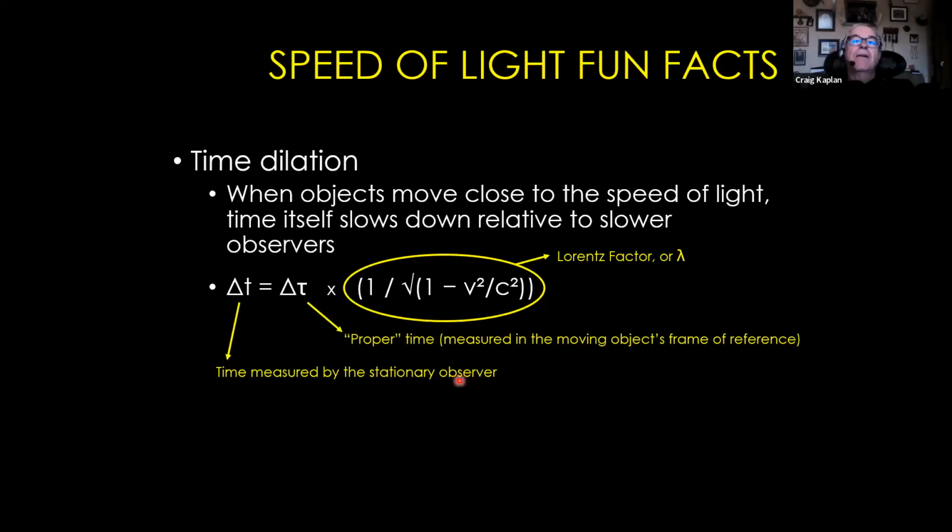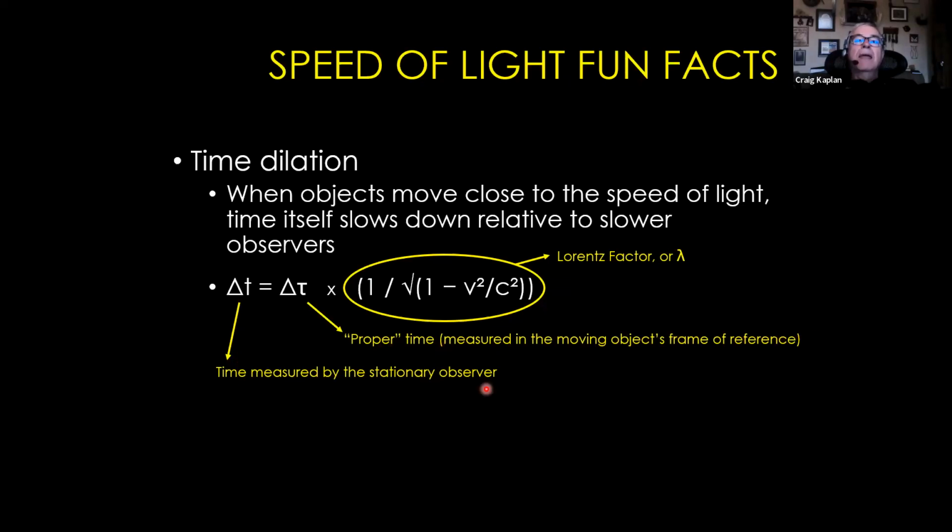Time dilation, I think, is one of the most fun speed of light facts. Although I broke my mind several times trying to understand this equation this week. And I've mentioned this earlier: when objects move close to the speed of light, time itself slows down relative to slower or non-moving observers. The equation that describes this is: time measured, or time as experienced by a stationary observer, equals time as experienced by an observer in the moving object's frame of reference,